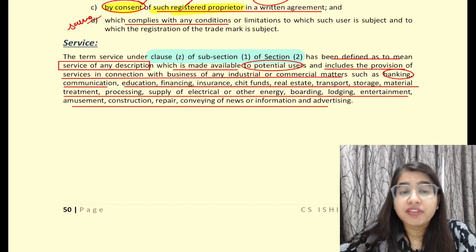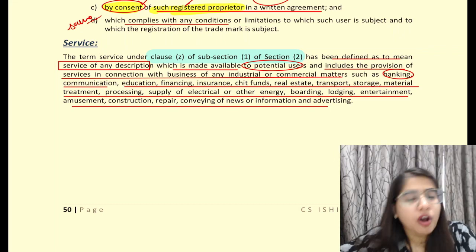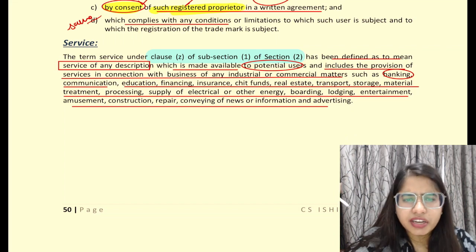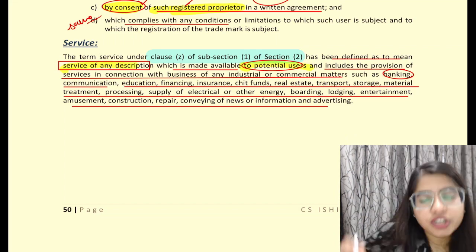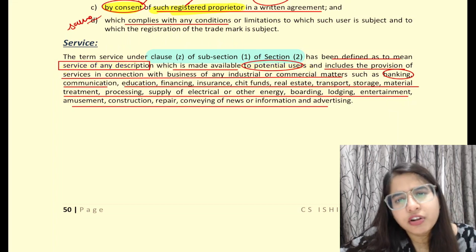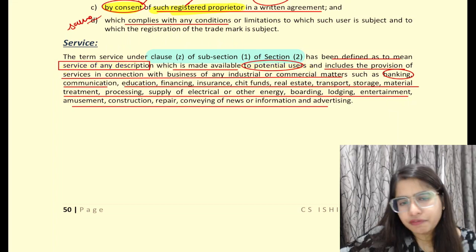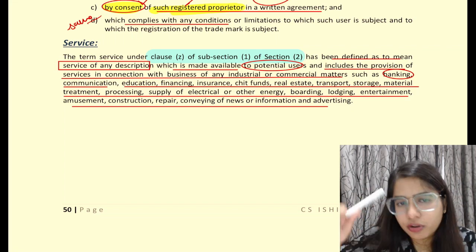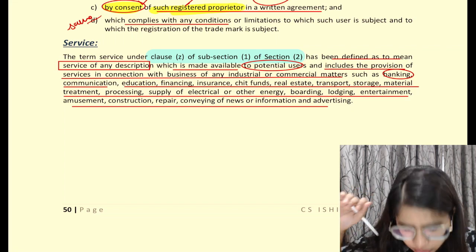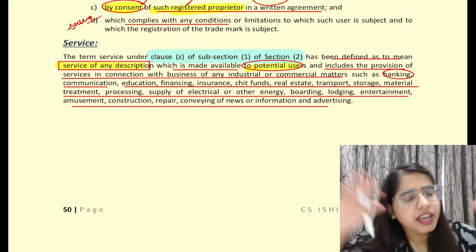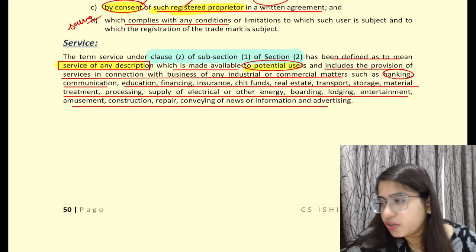Service definition we have done thousand number of times in COPRA also, Competition Act also, and many laws. So service means service of any description which has potential users. This similar definition we have done in other chapters also, COPRA also, I guess similar. No need to explain, I've explained this multiple number of times in COPRA and Competition Act also, which says that a service means a service of any description made available to potential